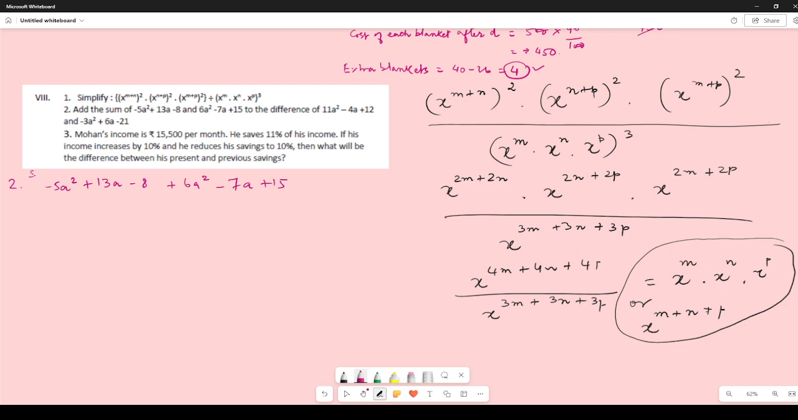Let us say this is the first sum. So what do we get over here? Minus 5a square plus 6a square, that is equal to a square, plus 13a minus 7a plus 6a, minus 8 plus 15 plus 7, right? So this is the first part. Now let us find the difference. Difference of 11a square, 11a square minus 4a plus 12